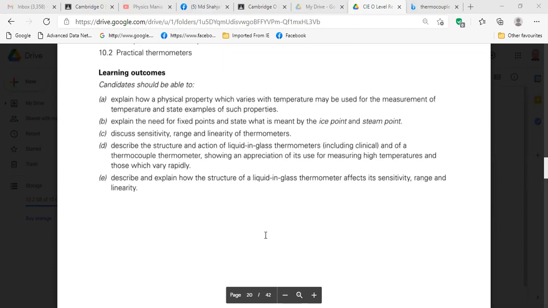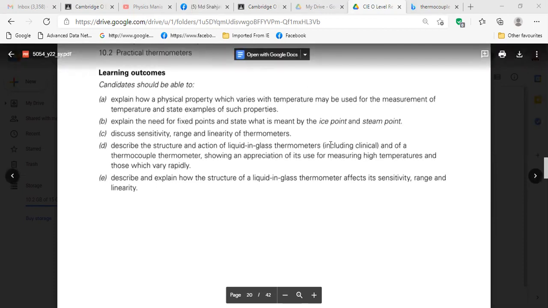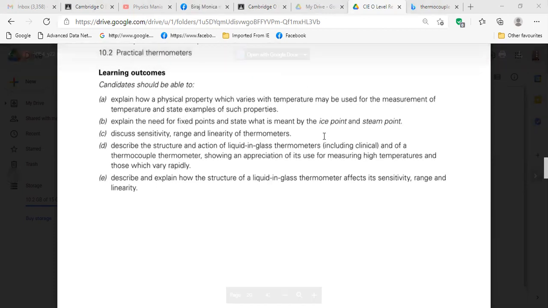So how do we make the temperature scale there? That is done by using the ice point and steam point. If you keep the thermometer bulb in melting ice, you will get some reading in the thermometer. You mark it there with a permanent marker,